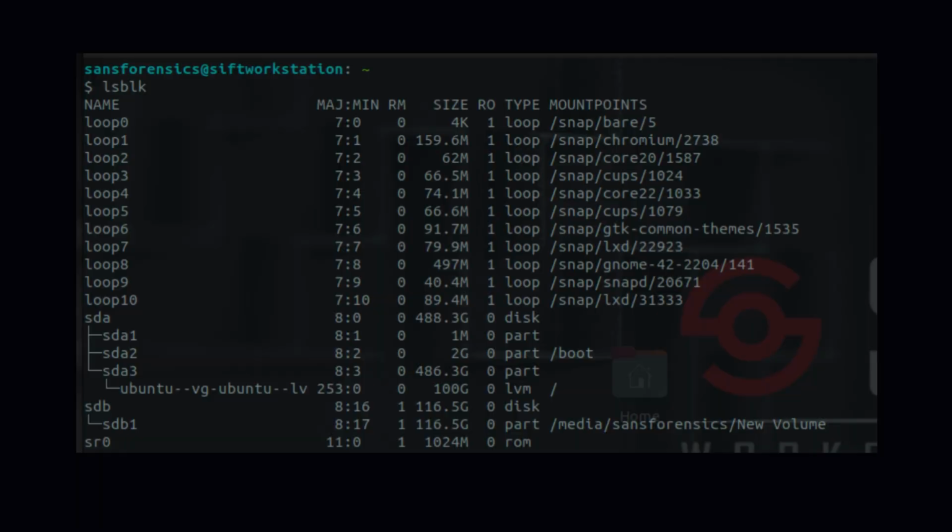Step 1 is to check if the USB is recognized. First, we need to ensure that the USB device is detected. We use the following command. This lists all available storage devices. If the USB is properly connected, you will see it listed as /dev/